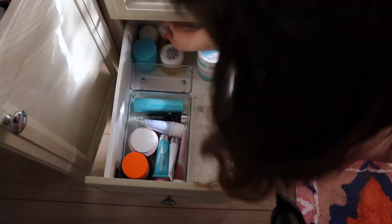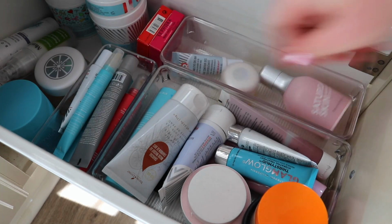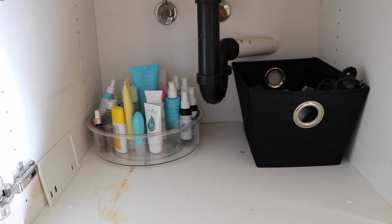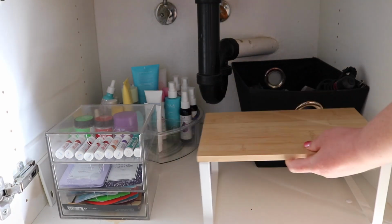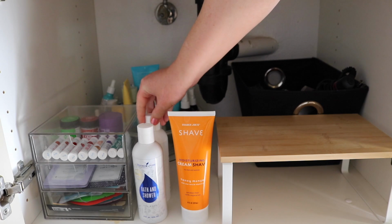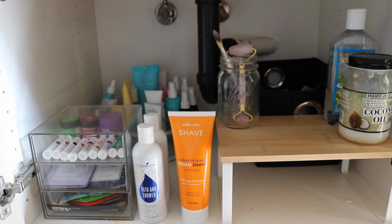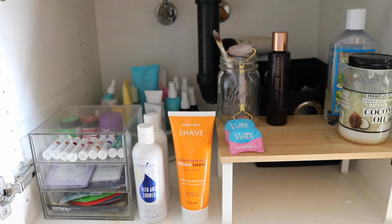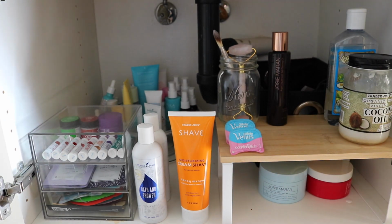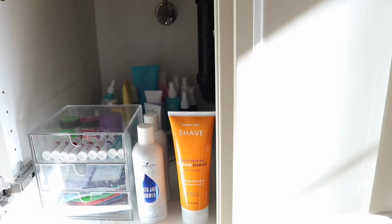So I basically categorized all the stuff that I had: cleansers, scrubs, masks, all that stuff. And so in the drawer I put masks, serums, and eye cream, and then in the Lazy Susan I have everything else: face sprays, sunscreen, all that kind of stuff. Then I have this little drawer system that has lip products and some mask stuff, my body products, and then just random stuff like witch hazel, coconut oil, stuff I use in the bathroom all the time, backup body butters,